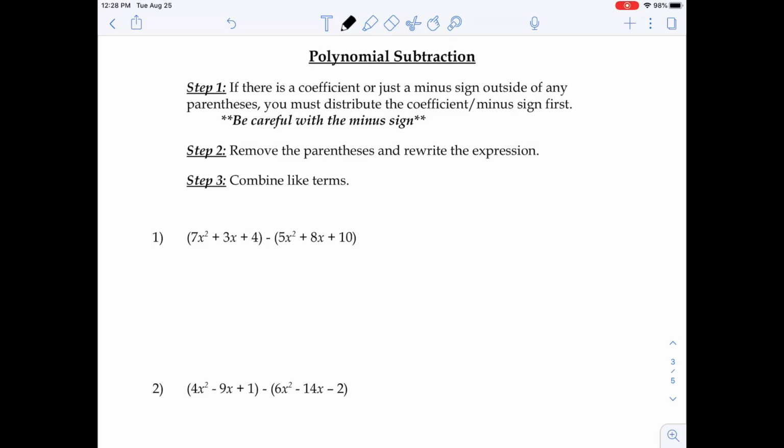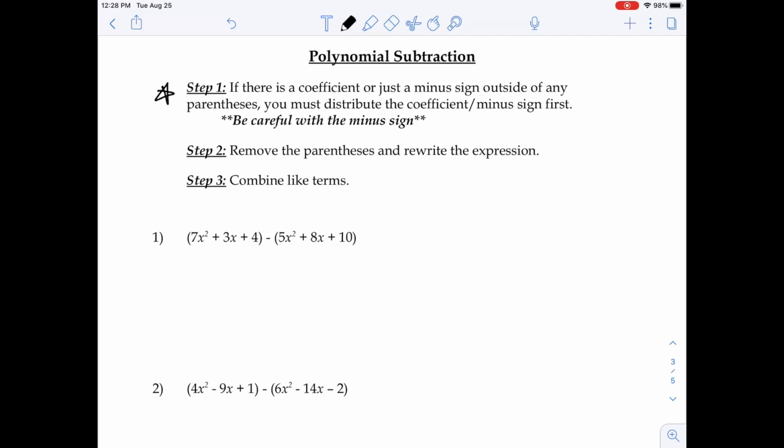All right, guys. So in the last video, we talked about polynomial addition. So now we're going to pick up with polynomial subtraction. So you can see that the steps are pretty similar. The only difference here in step one is that if you have a minus sign in front, not just a